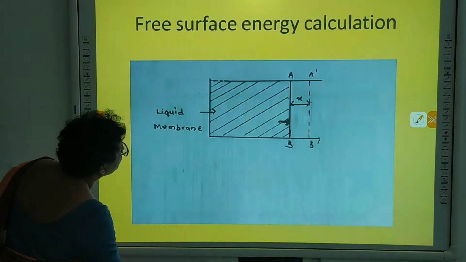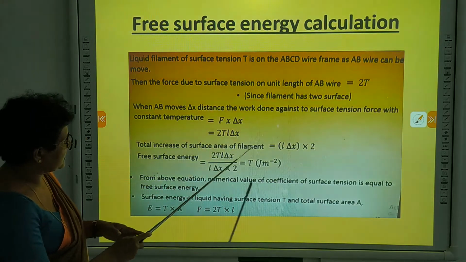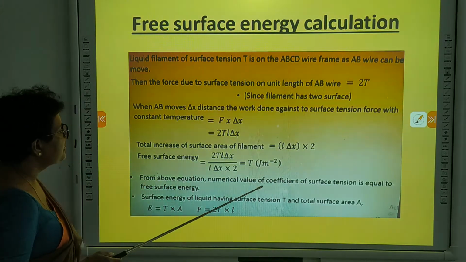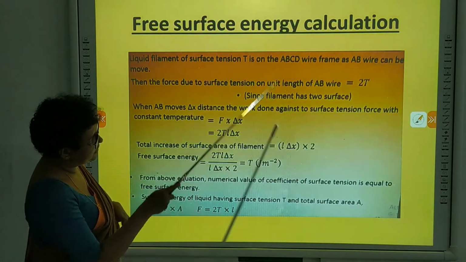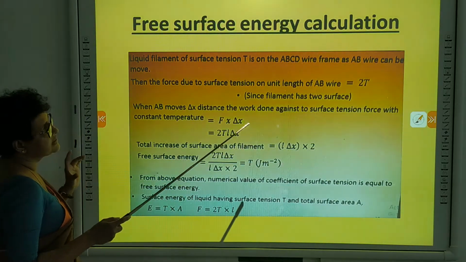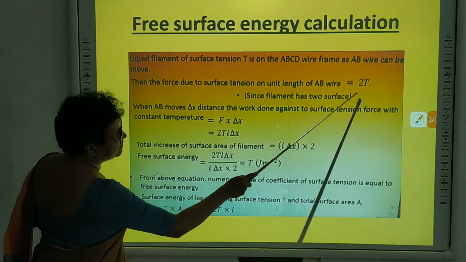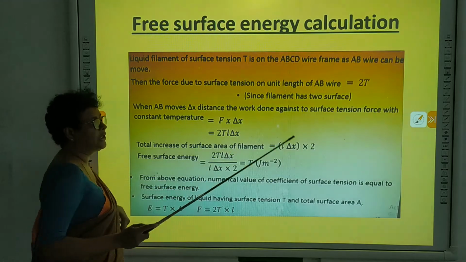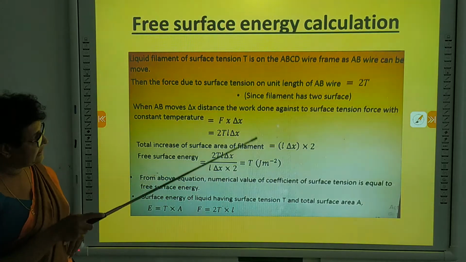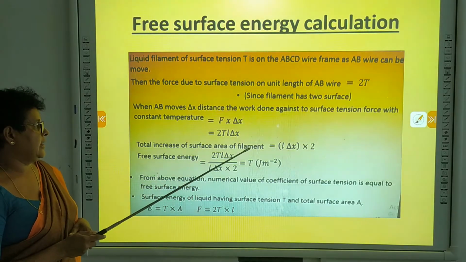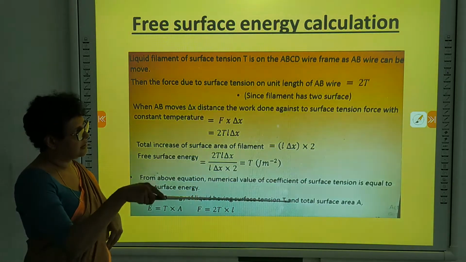Now, look here. Now you have this area here, L into X into 2, right? But now we are considering surface tension. The line AB, can you remember line AB? That is the unit surface tension is T, and there are 2 lines I told you. Therefore, we multiply it by 2. So now you have 2T, and the length is L. Therefore, 2TL, right? Now the force is 2TL in this line AB.